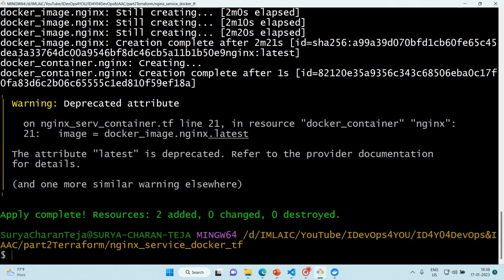So it took almost 2 minutes 21 seconds. That's huge, in fact. Normally it should be 1 minute maximum, or 30 seconds, 40 seconds, but it's huge. Okay, anyway, so our docker image creation completed after 2 minutes 21 seconds, and this is the docker engine, and